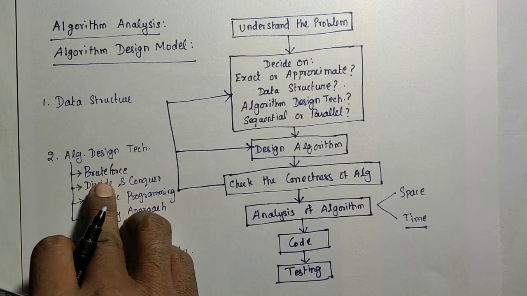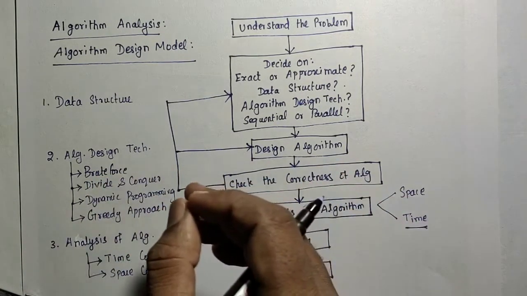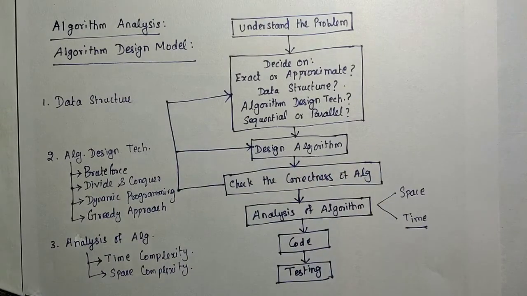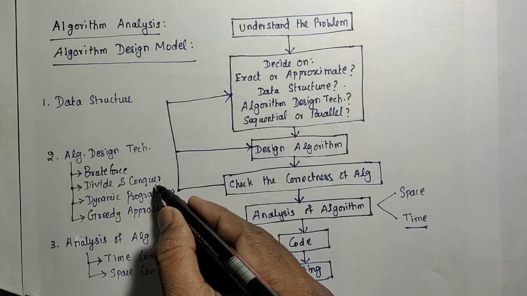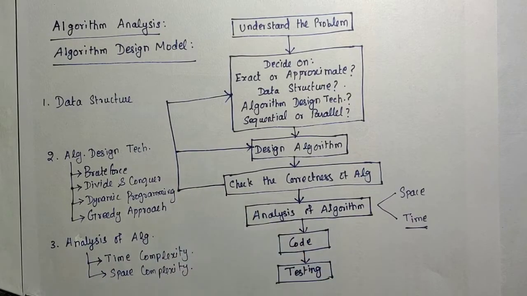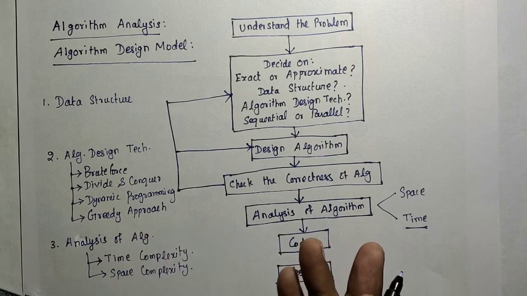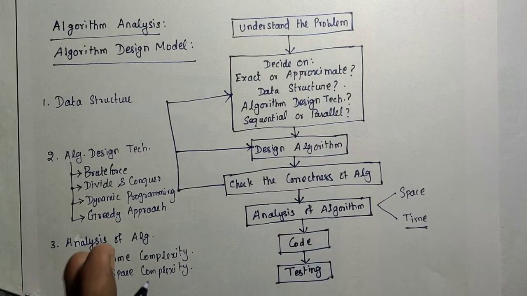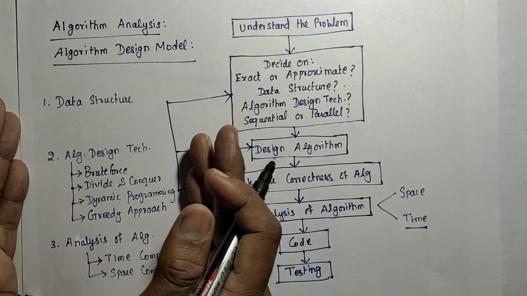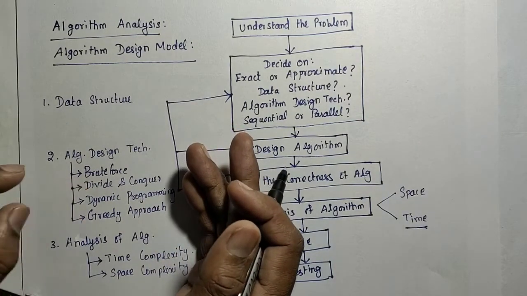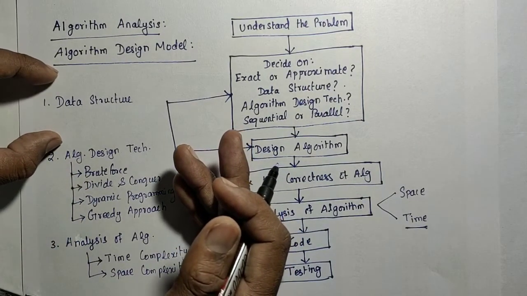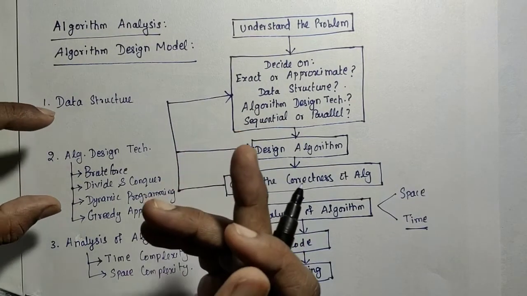So the straightforward method is usually called the brute force method. If you want to reduce the time complexity, and the space complexity also, for improving the efficiency of that algorithm, we may go for the different algorithm design techniques: divide and conquer, dynamic programming, greedy approach. Each algorithm design technique has its own drawbacks and advantages. By considering all these things, we need to design the algorithm. Which one is the best suitable algorithm design technique? Which data structure is the best suitable for your algorithm? Like that, we have to choose the data structure.